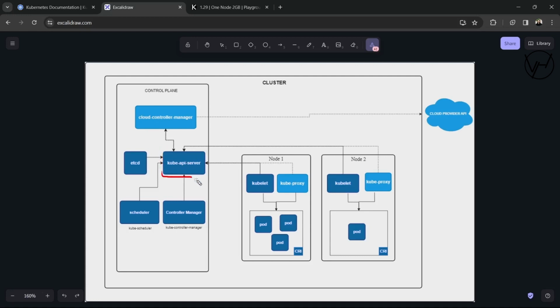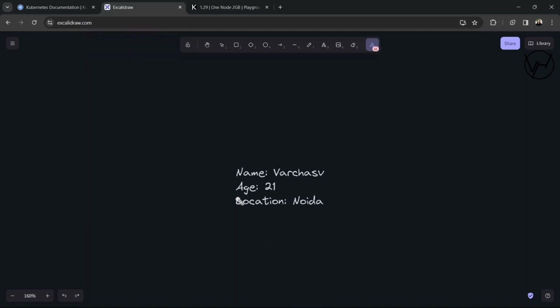So we have understood kube API server. etcd is like a storeroom, and inside the storeroom there are values that are stored in the form of key value pairs. So key value pairs are like this. We have some data: name Varchaswa, age 21, and location Noida. So how key value pair works is, these are the keys on the left hand side. Name, age, and location are the keys, and these are the values associated with their keys. So when we call name, Varchaswa would be given. When we call age, 21 would be given. When we call location, Noida would be given. So etcd is nothing but just a